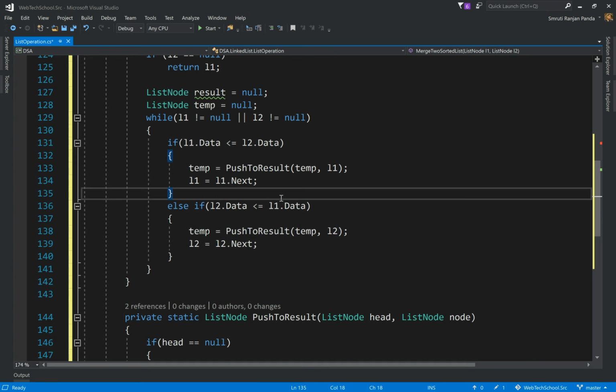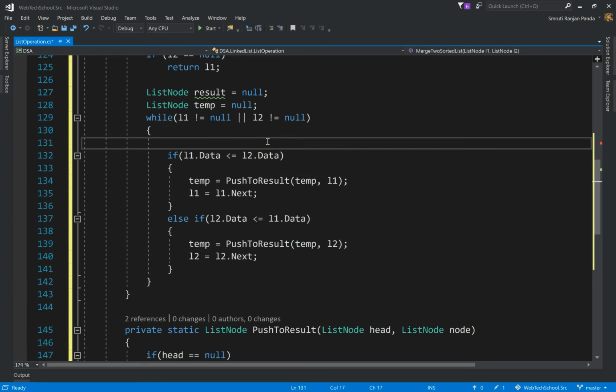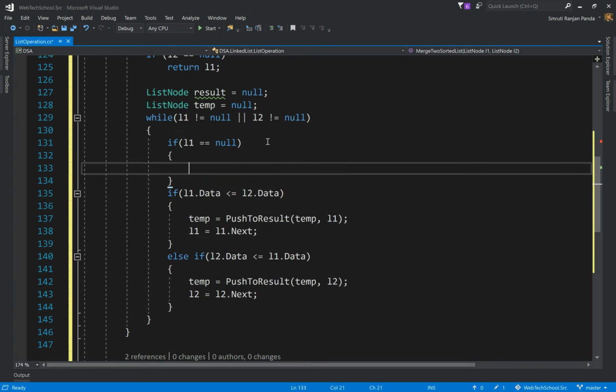But in case any of the lists runs out, then we need to add the other list to the last node of the result list. Okay, so let's handle that. If now L1 becomes null, what will we do?